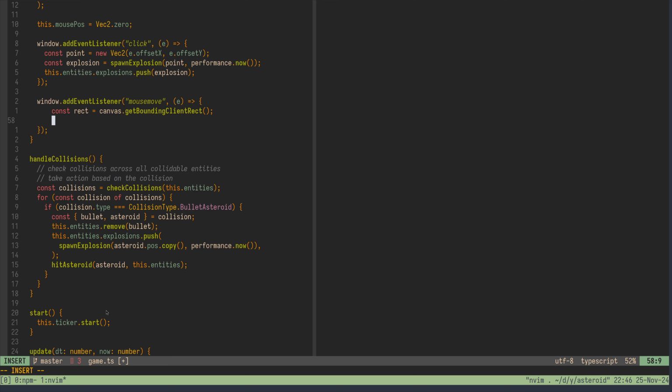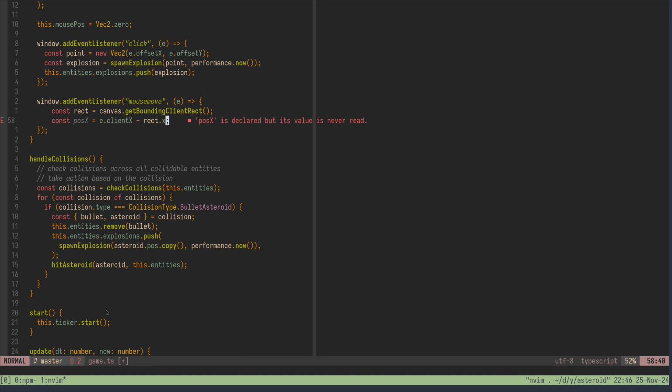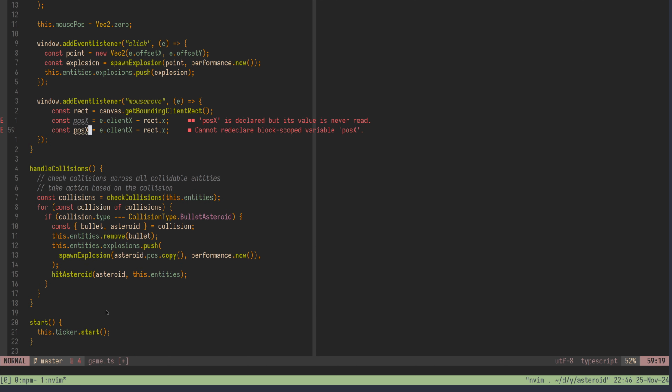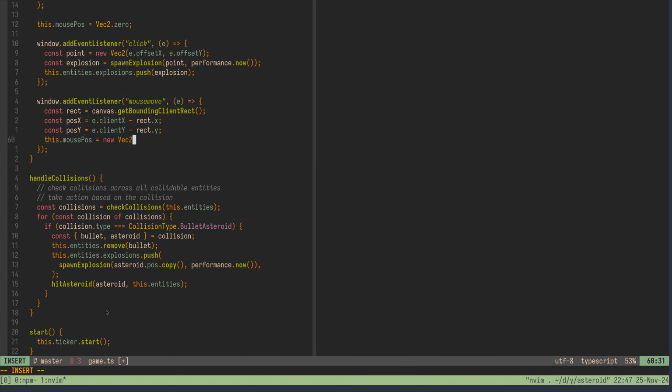and then now we want position. We need to take e.clientX. So clientX is the position between the entire window for the view, the viewport, and then you gotta subtract the canvas x to get it relative to the canvas, and then you're gonna do the same thing for the y. And then we can set our this.mousePos is equal to new Vec2. It will be posX, posY,